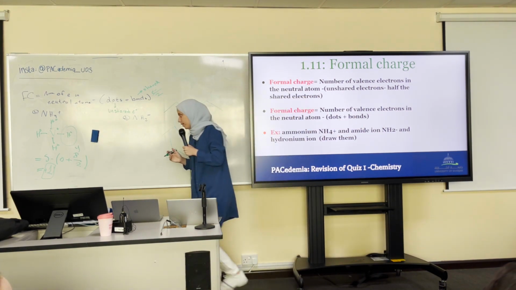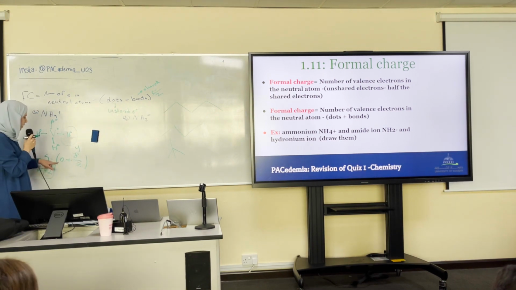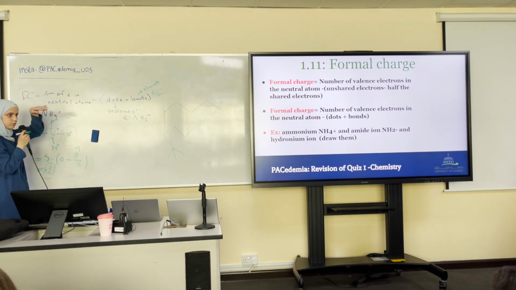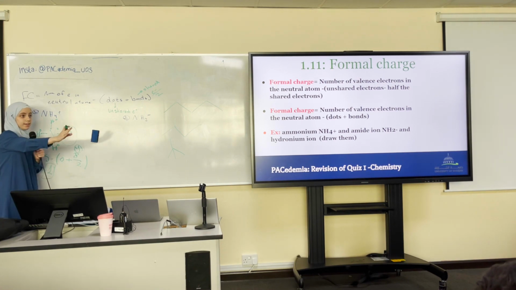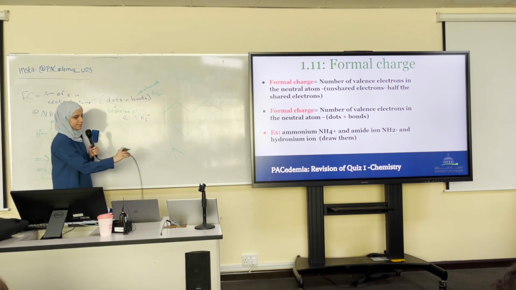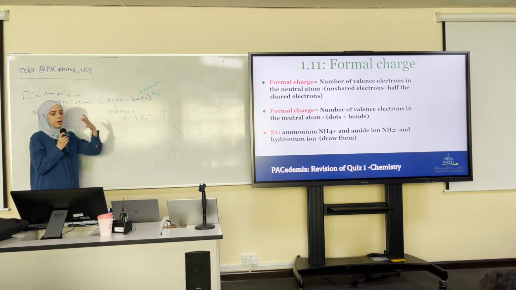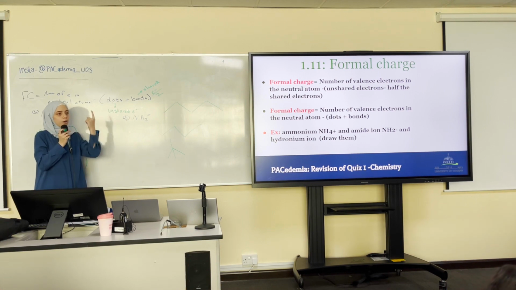For example, here you have 5 valence electrons minus how many dots? 0. How many dashes? 1, 2, 3, 4. So 4. It's 8 electrons, exactly, so 4. Okay, 5 minus 4 is positive 1. Got it? I think people get intimidated when they see the dividing by 2. When we talk about the electrons, the shared electrons, it's different from the bonds. One bond